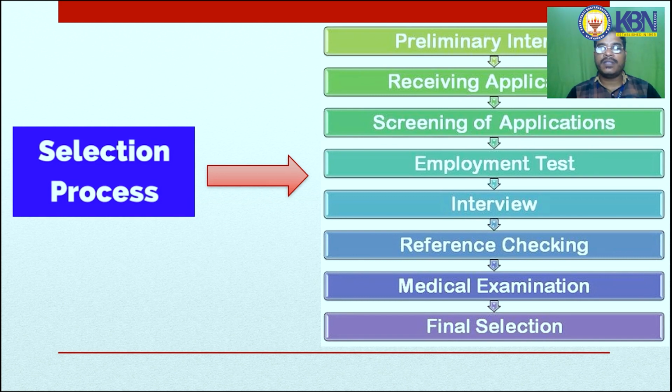And the next one is conducting an interview. See, a personal conversation, a personal discussion may take place between the interviewer and the interviewee at the organizational office.